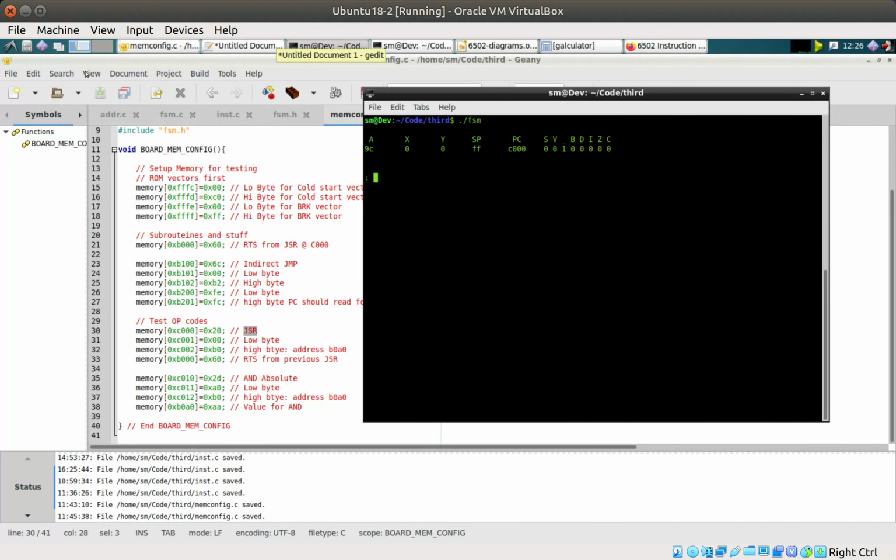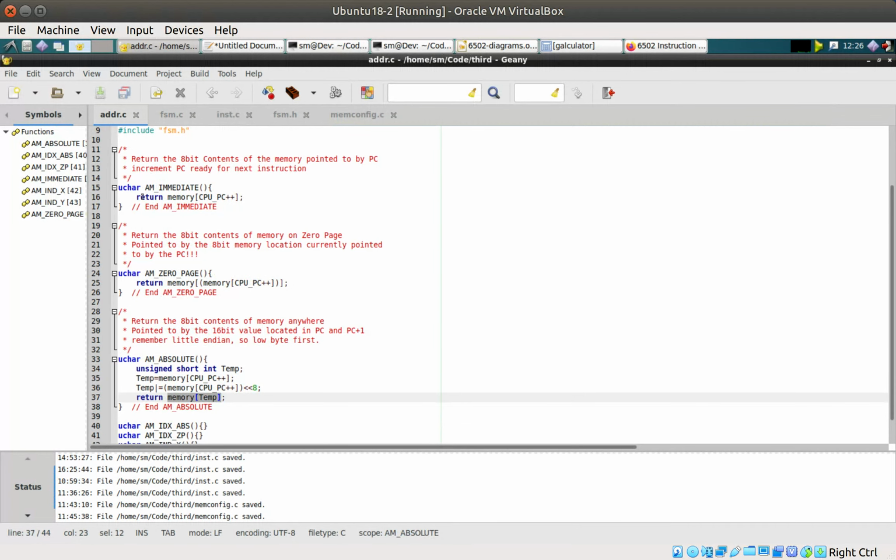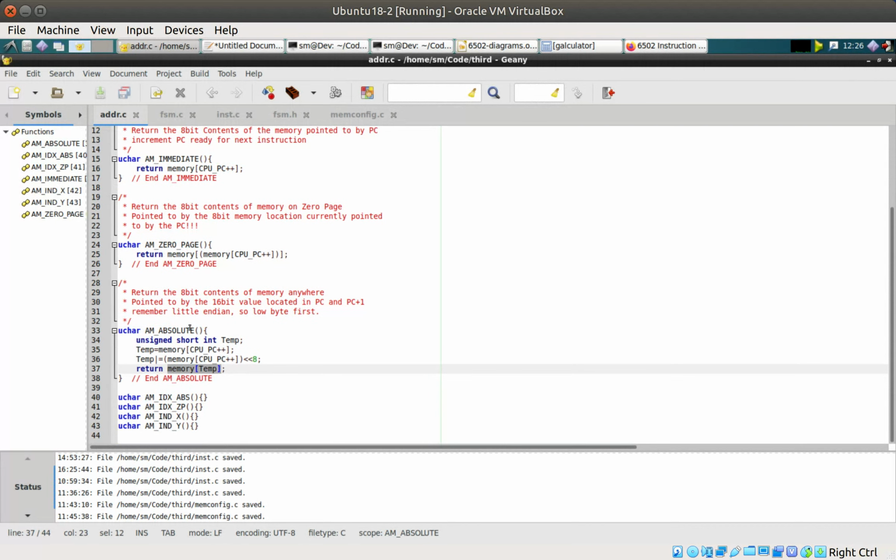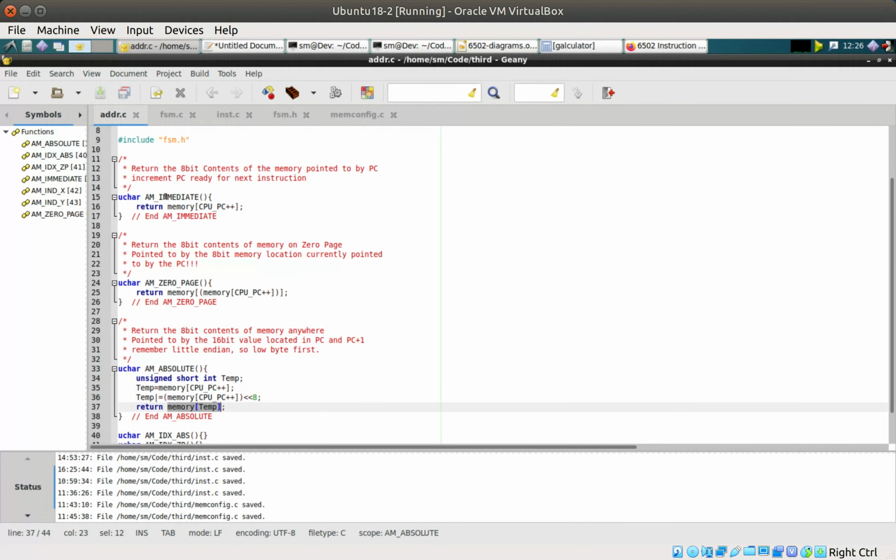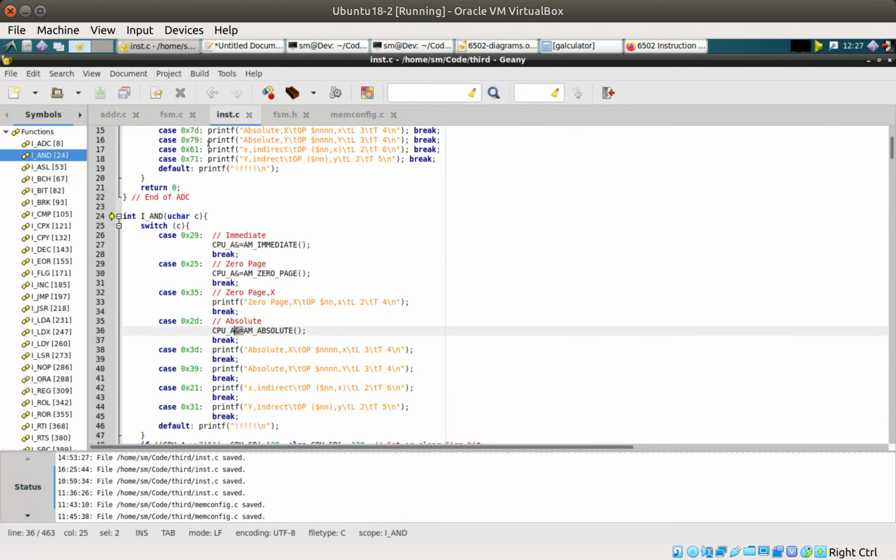The addressing mode section, AM is addressing mode, and then you've got the type of addressing mode. So there's 3 written in this section, the others aren't written just yet. And the immediate, zero page, and absolute, they were covered in a previous video, so we've actually started to implement those. And within the instructions, we can see that the AND instruction here, which is one of the first ones